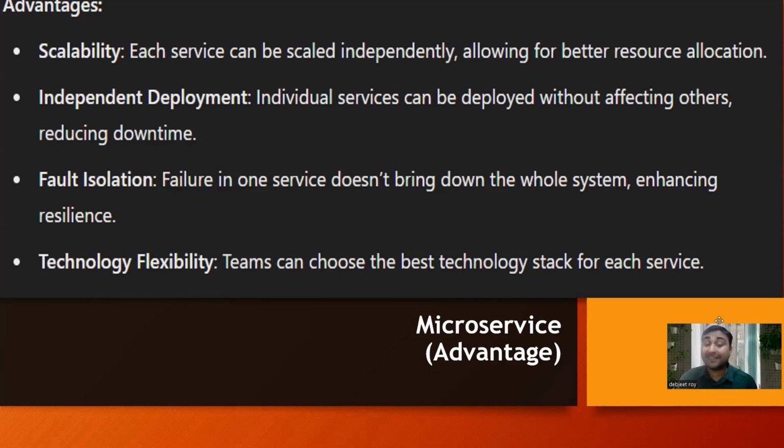Then technology flexibility is there. Teams can choose their best technologies. There can be tens and twenties of microservices, and each microservice can be worked on independently by one developer in their own language. Let's suppose there is one microservice built by one developer in Python. Another microservice can be built separately by another developer with C++ or Java as well. And both microservices can communicate with each other. So technology flexibility is one of the biggest advantages